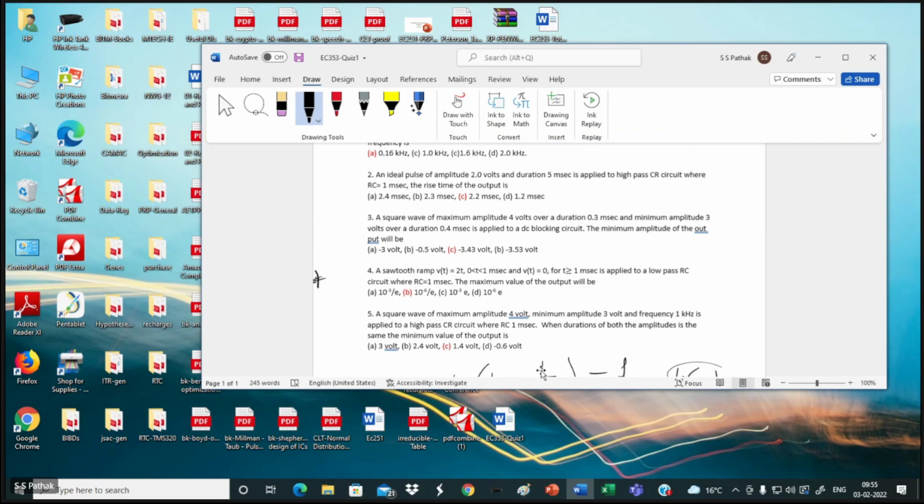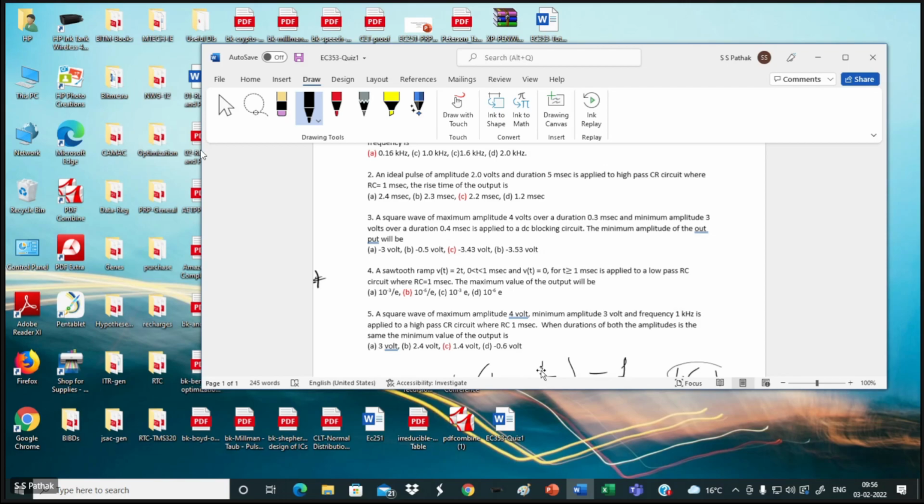Question number 3. There in 5th question also. Like high pass filter is. It's not said that time constant is very large. Time constant is given as 1 millisecond. When time constant is given as 1 millisecond, then it is not large. It is not blocking the DC. Okay, it is blocking the DC, but it is not flat response. During the positive half and negative half, it is not a flat response because RC time constant is not large. It is 1 millisecond given there.